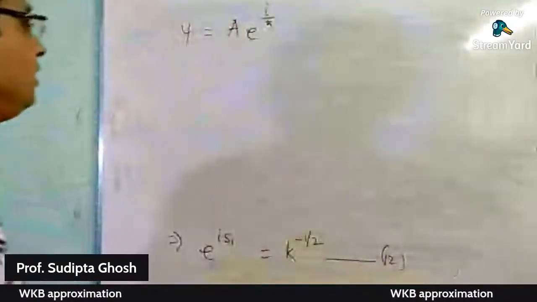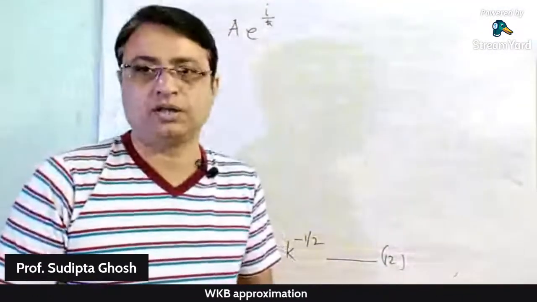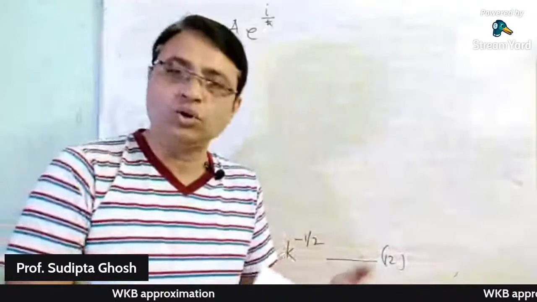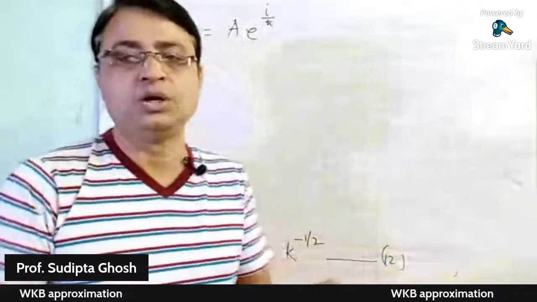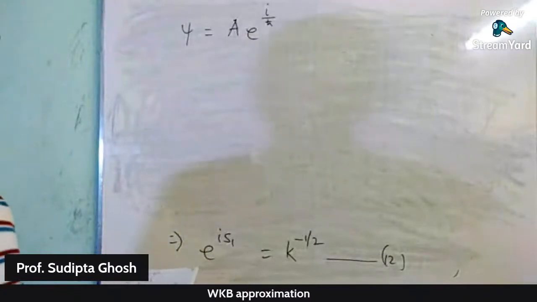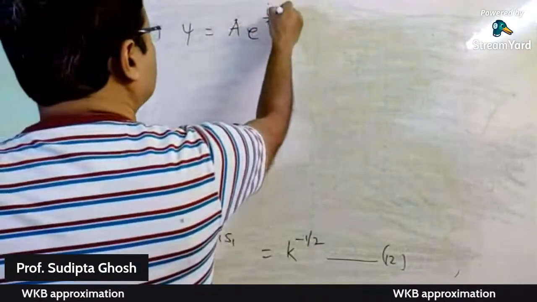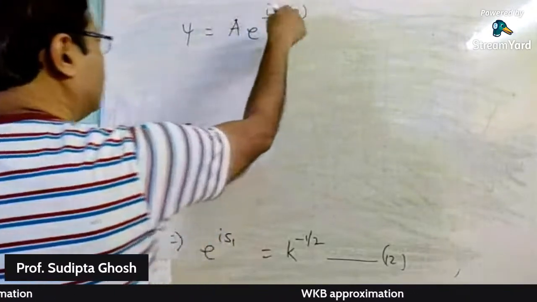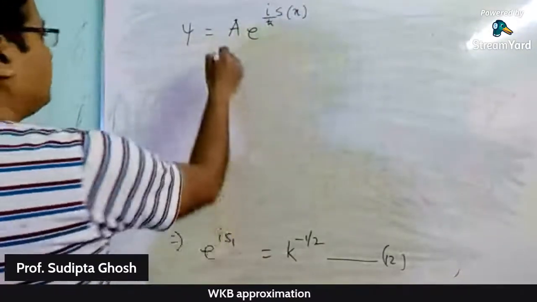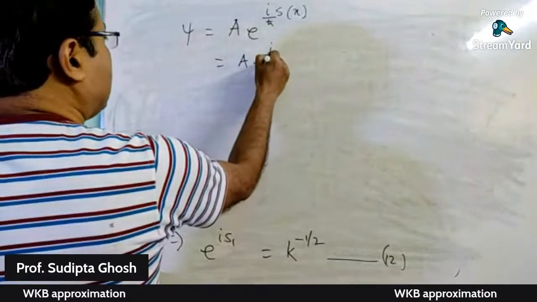So now we are confining our derivation of the value of S(x) to only two terms, that is S0 plus h-cut S1(x). So psi equals A e to the power i by h-cut S(x), it was our equation 4, and putting the values here,